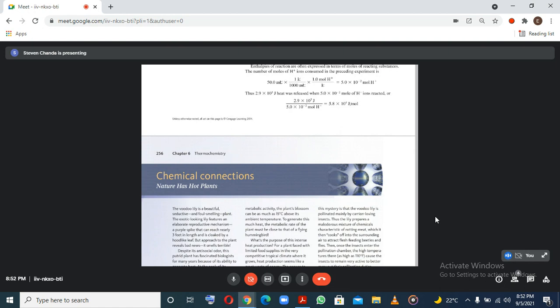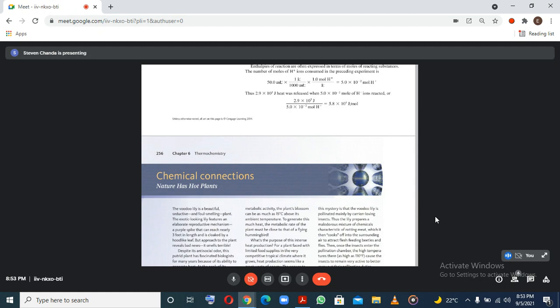So they are saying the concentration is one molarity, right? So it's one mole per liter of hydrogen ions. And the volume was what? Was 50 mL. So we are dividing it by 1000 mL to convert to what? To liters. So we know those were the number of moles of hydrogen ions which were used in this